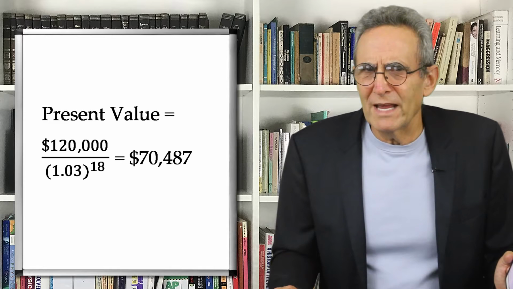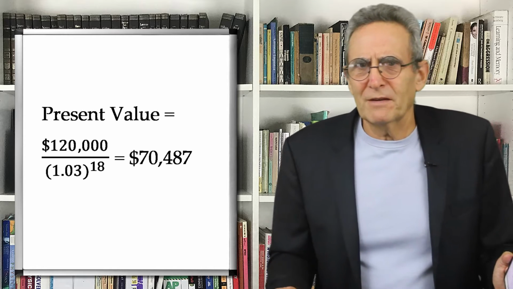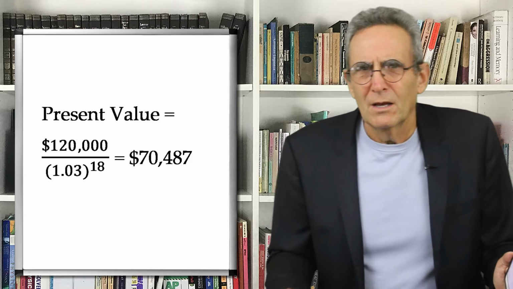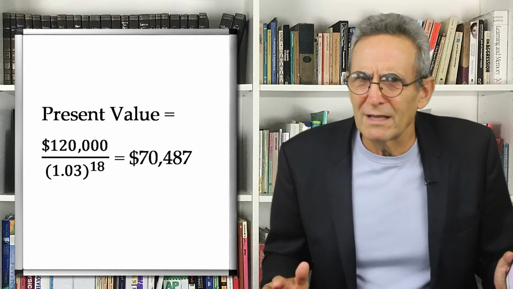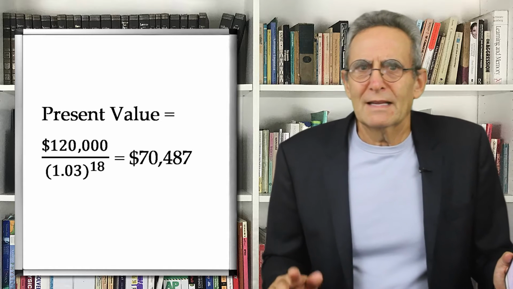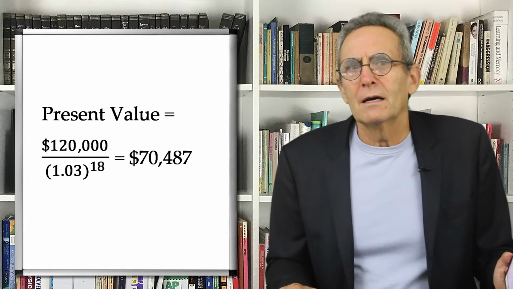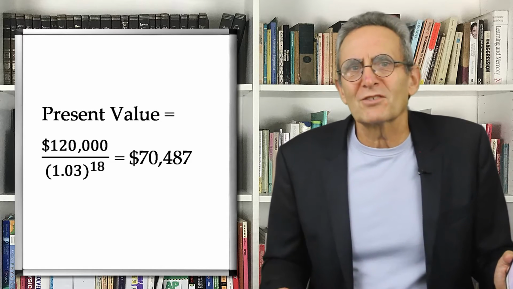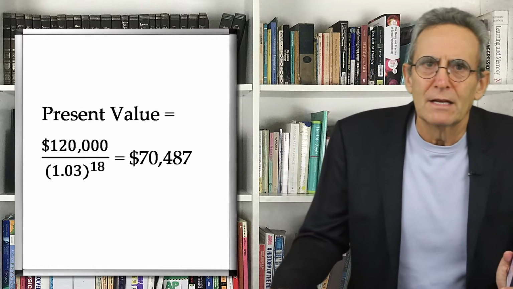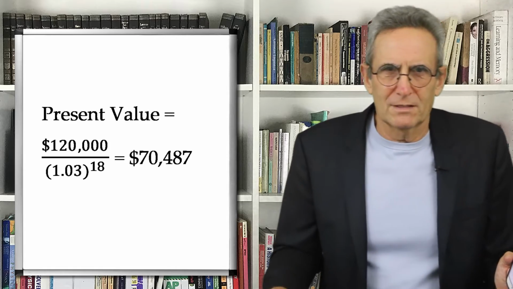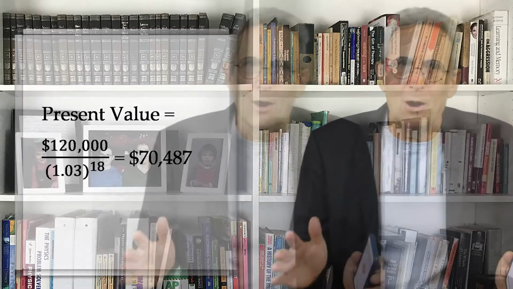But what's that you say? You don't have a spare $70,000 lying around today? Well, maybe your kid really doesn't need to go to college after all. What's that? Oh, you think I really didn't get the idea? The idea was to set aside a certain fixed amount each month into an investment account to get to the targeted $120,000 18 years from now. Okay, now I get it.